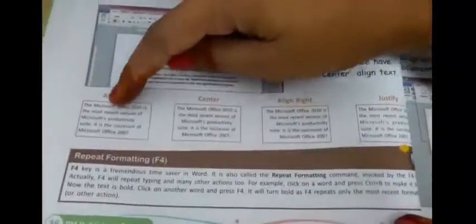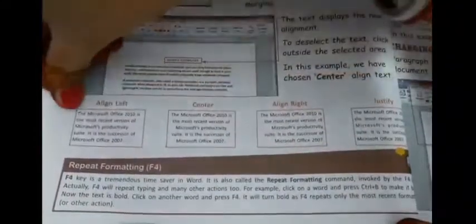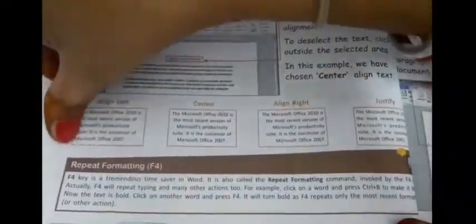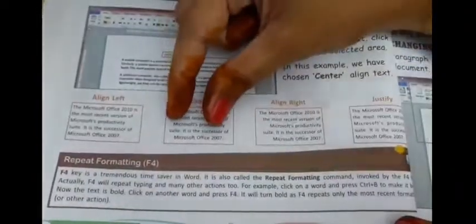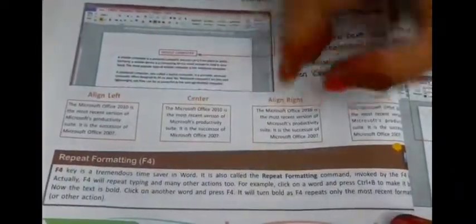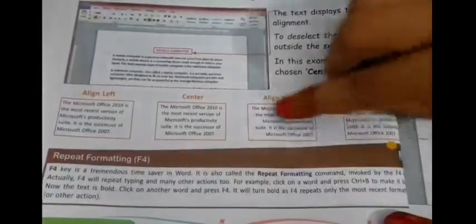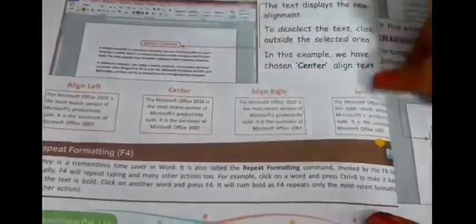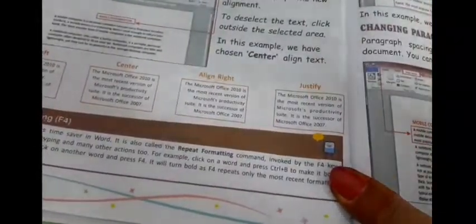See, align left, text will appear, means symmetry will be on the left side. Center, it will appear in the center. Align right means symmetry will be on the right side. Here, no symmetry. And justify means both sides should be perfect. That is, symmetry will be there. Okay, I will show you where it appears.